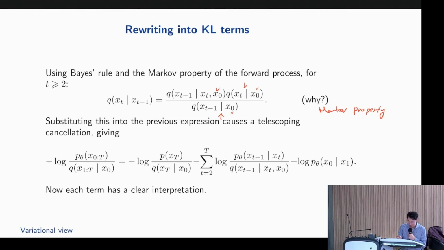And I have a beautiful telescoping sum where everything cancels out except the terms in the beginning and the end, right? So at the end, I have Q of xt given x0. And in the beginning, I have, I guess,